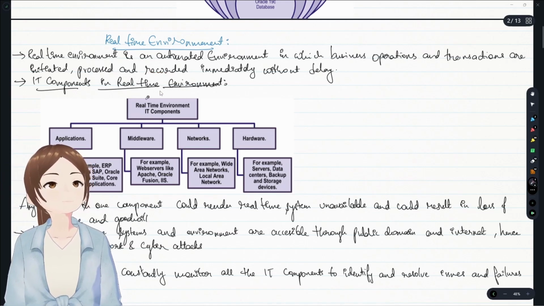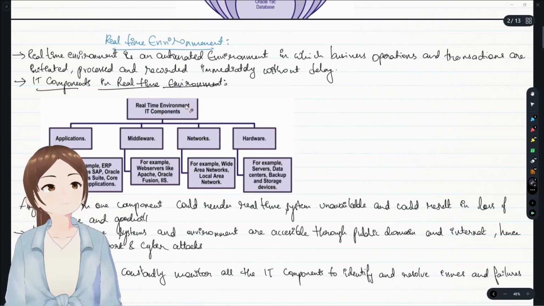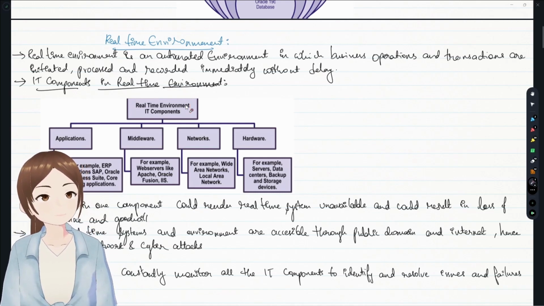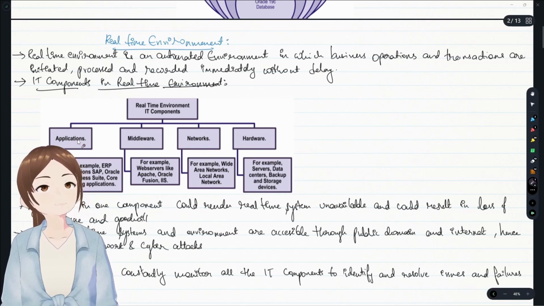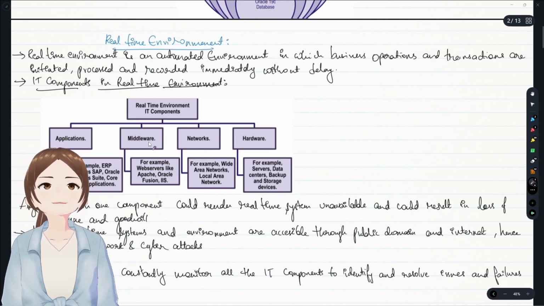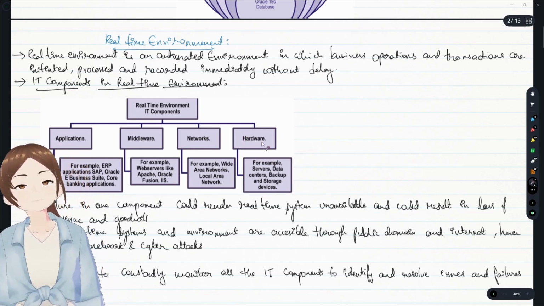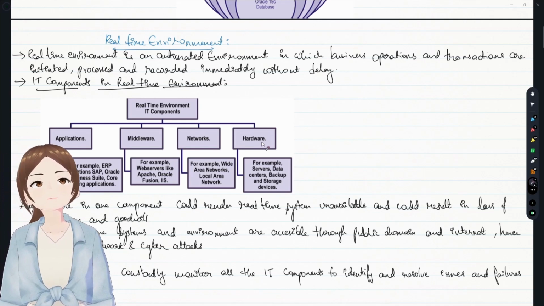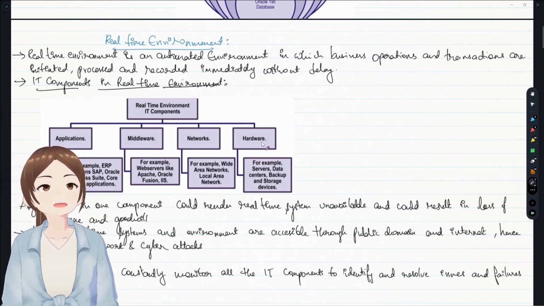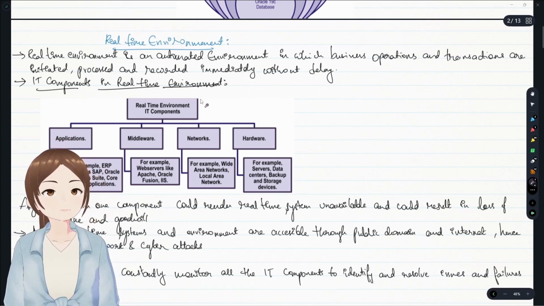So what are all the IT components that were used to make that real-time environment live? The application, like GPay or Paytm or BHIM UPI, etc. Middleware is the bank servers, and networks is Wi-Fi or mobile data, and hardware is the mobile, laptop or tablet through which you're accessing your applications. We have seen this real-time environment